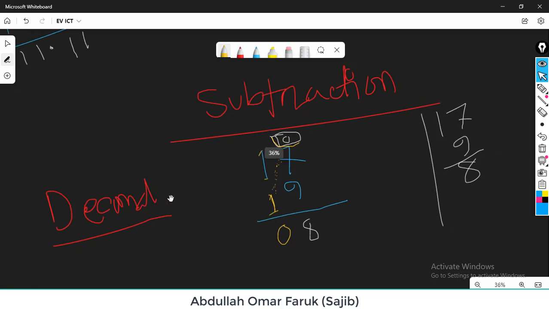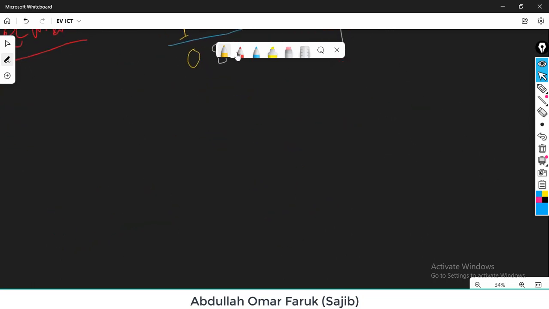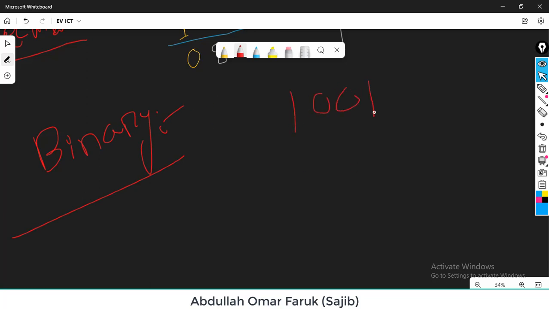I'll give you another example in the binary number system, then you can understand. This is subtraction, a slightly different process. Observe it properly and you can understand. I write 1 0 0 1 1 1 1. Okay, I do the subtraction. Let's see what happens. 1 minus 1 gives me what? 0. When I try to subtract 0 from 1, is it possible? Is it allowed in mathematics? No. So I have to